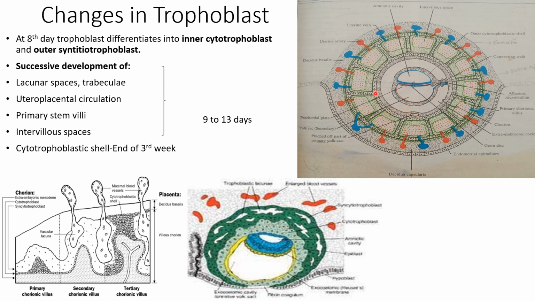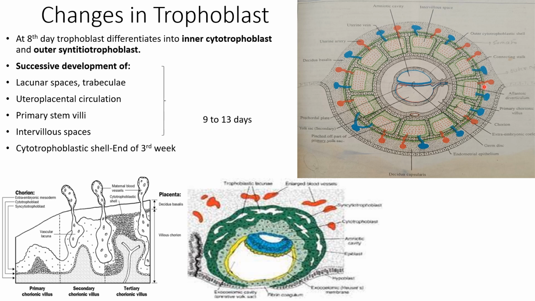You can see this is the cytotrophoblast. Okay, this entire layer is the cytotrophoblast. Then this one is the syncytiotrophoblast. These are the intervillous spaces filled with maternal blood. In between the intervillous spaces, you can see the primary stem villi, which has cytotrophoblast, and the green color is the syncytiotrophoblast. So inner cytotrophoblast, outer syncytiotrophoblast, and finally there is formation of